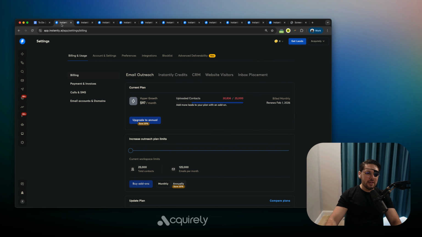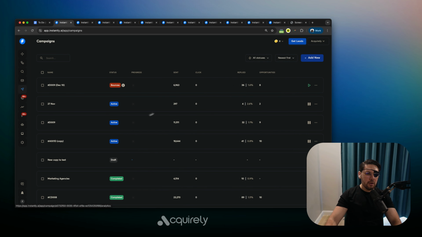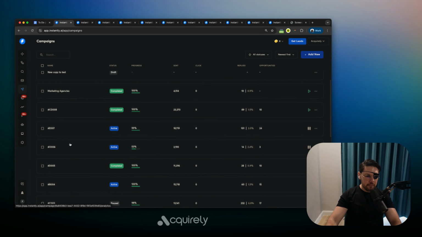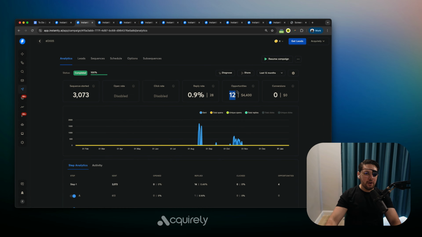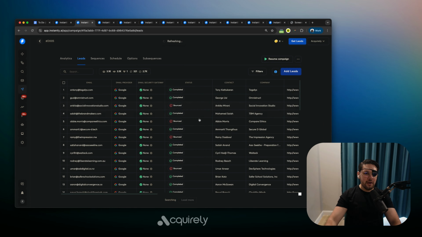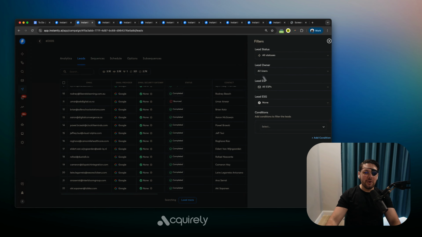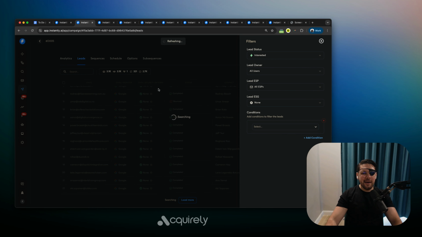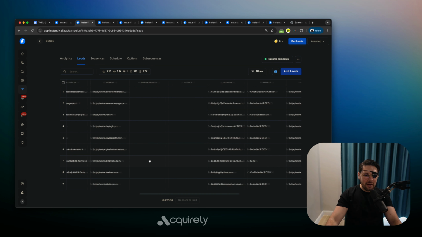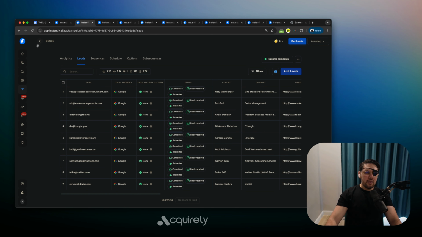Also, if we look at D005, let's see over here. D005. Okay, it's funny. We can see 10 over here. We can see 12 over here. But actually in the leads list, we can see only 9, right? So I would just trust whatever is in here. We could probably also verify that